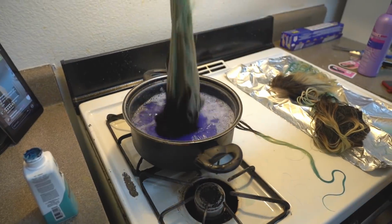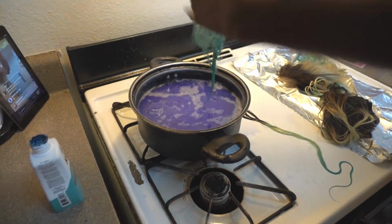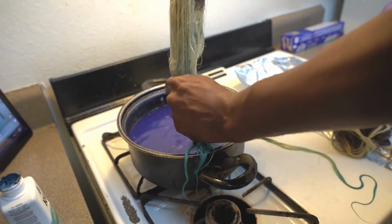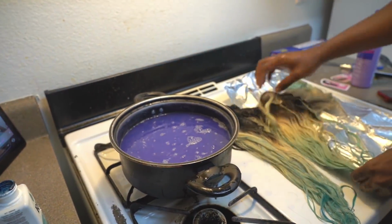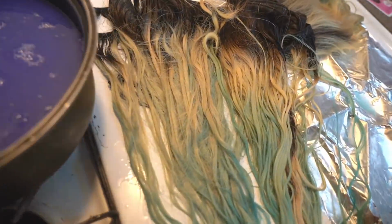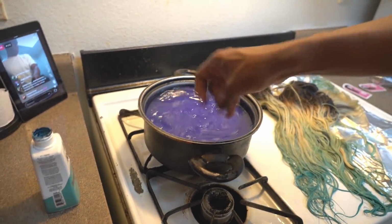So the toning can be a very complex thing, but just to make it simple, it takes the red tones out of blonde, and a lot of times that red tone is kind of what makes it look cheap. Or if you're going for an ashy look like myself, removing the red is going to give it a more grayish look. What I do, being that I use Shimmer Lights shampoo, by the way, every beauty supply has it, but as you can see here, the one that I dipped is a little more ashier. That's what I wanted. I put the